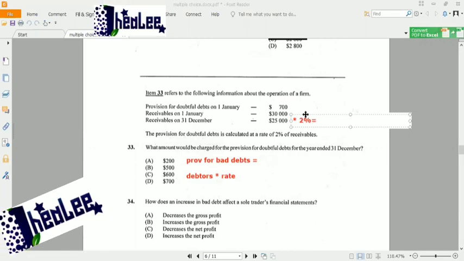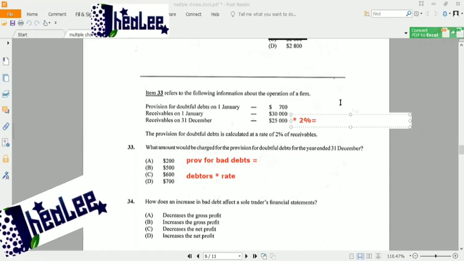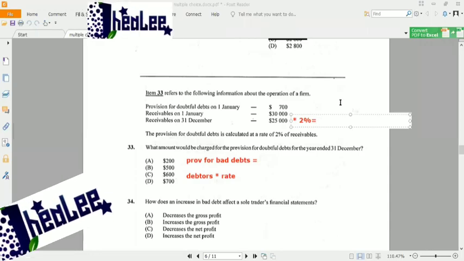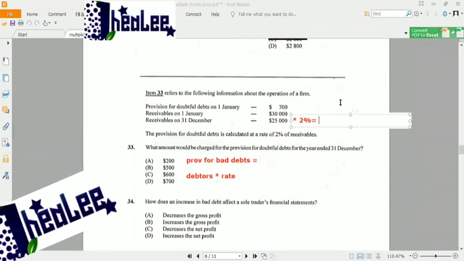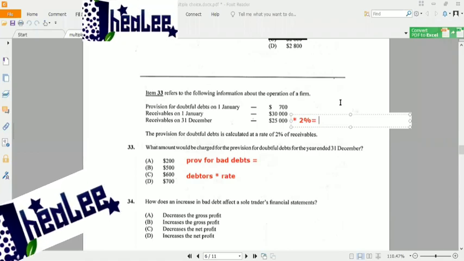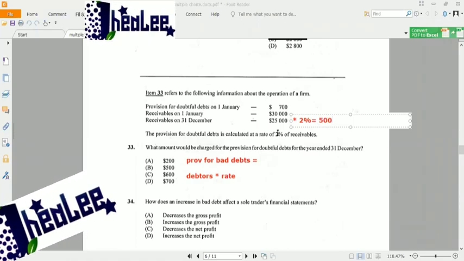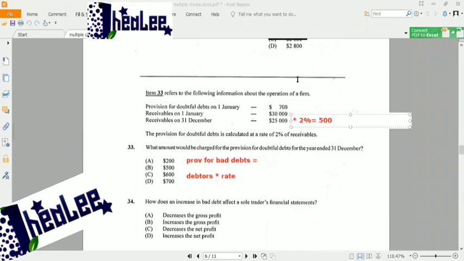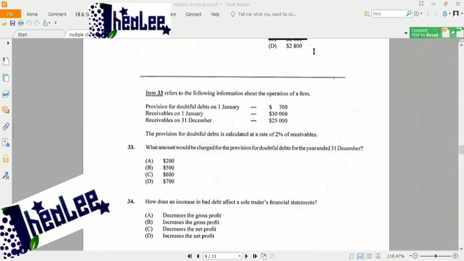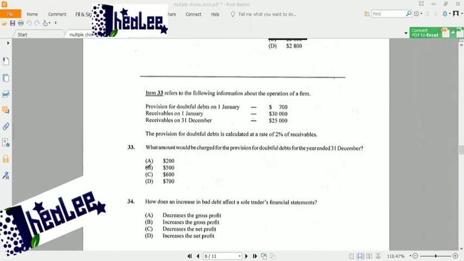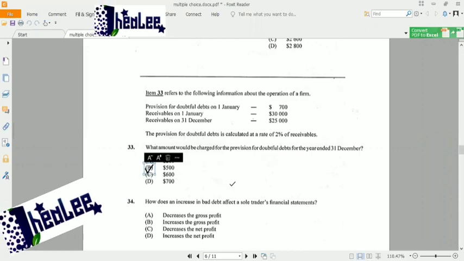And how much would be the provision for doubtful debt for the year? $500. Good. So therefore, our response is B. Now, before I move on to 34,